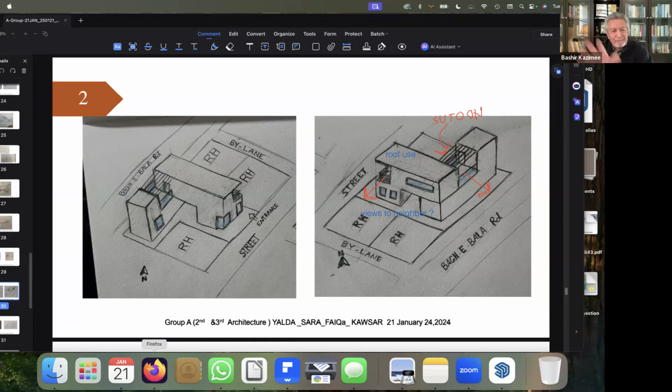But anyway, I want to give time to my colleagues. Thank you very much. It looks wonderful. It's a Bashir Khan,